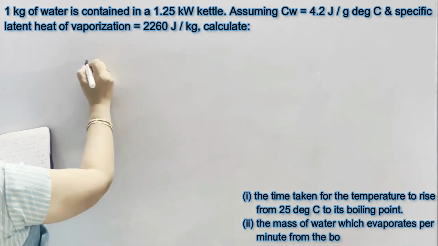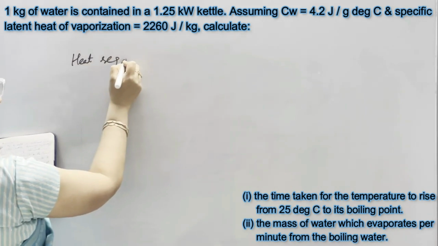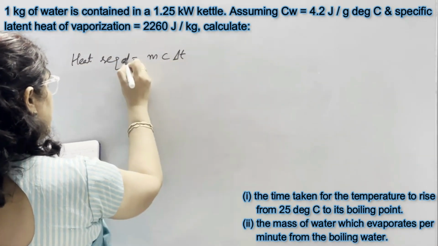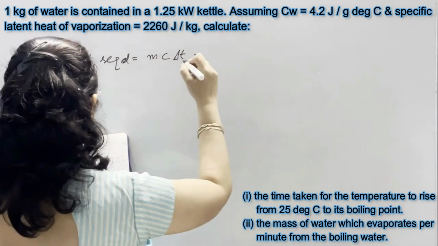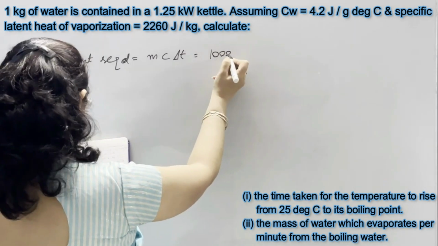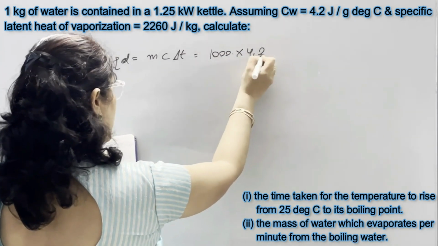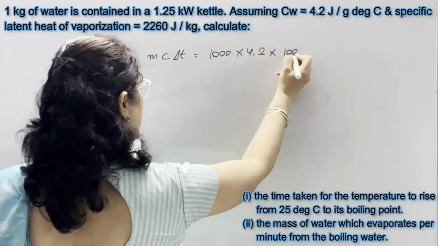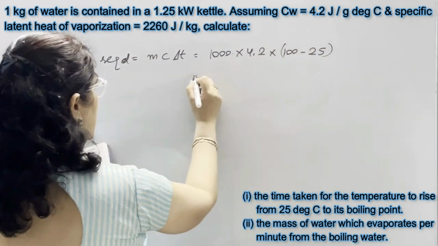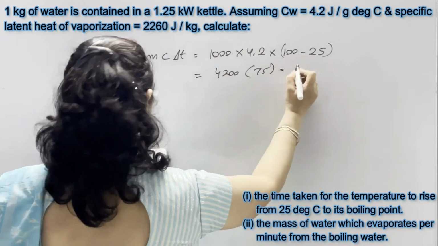So we are directly coming to the numerical. Heat required is equal to mc delta T. M is given as 1 kg of water. So 1 kg of water means 1000 gram. 1000 gram of water into the value given as 4.2 and then 100, the temperature is given as 25. So 100 minus 25. It means 4200 and then 75. After calculation we will get